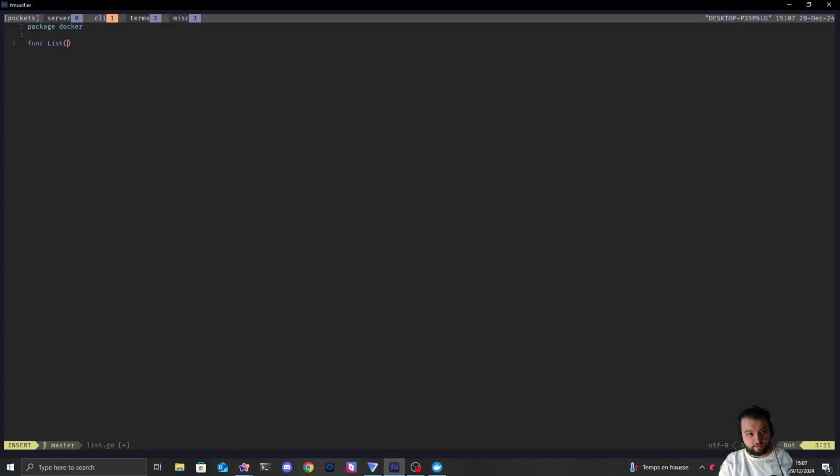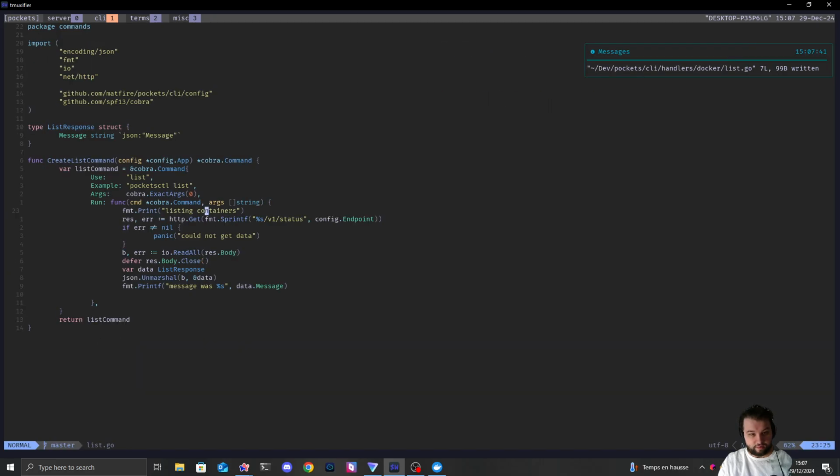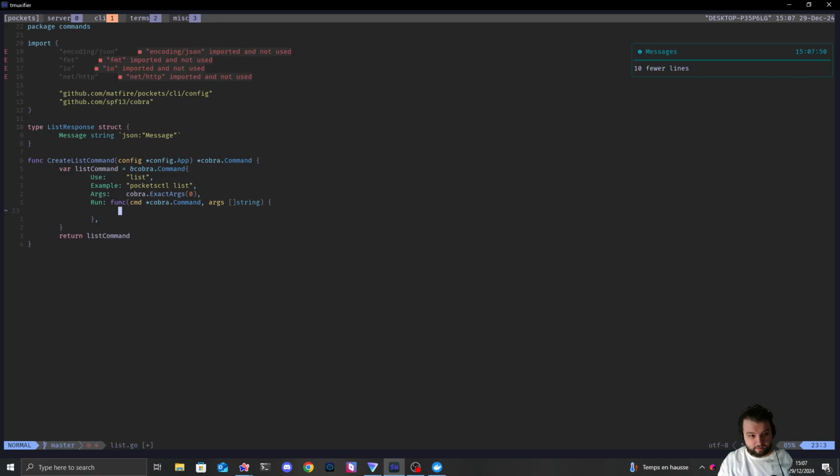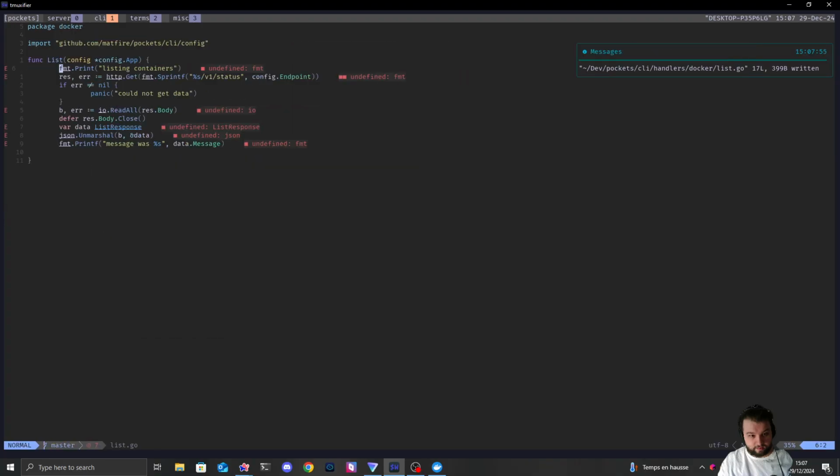And it will still need a config. And inside this function here, we can basically take all of this and put it inside this function,